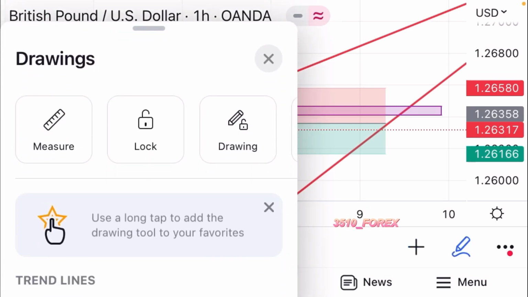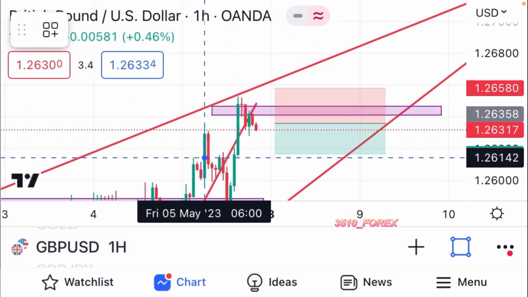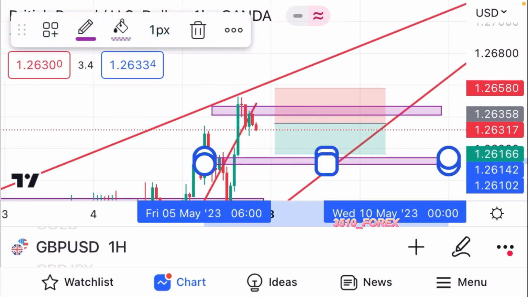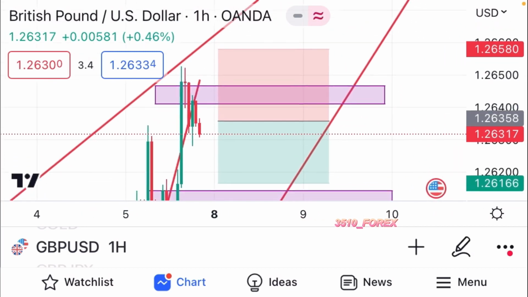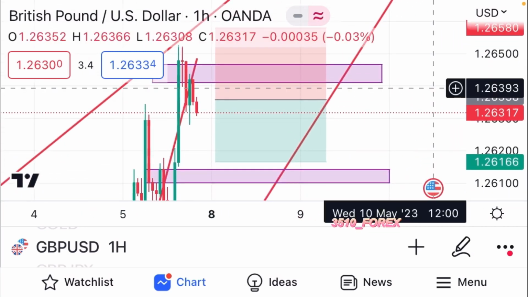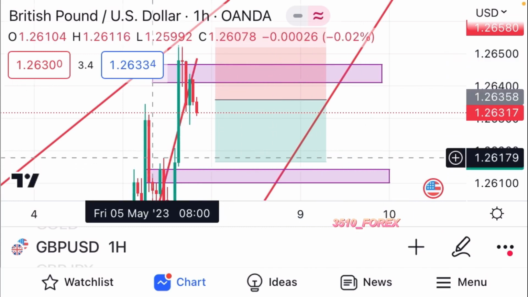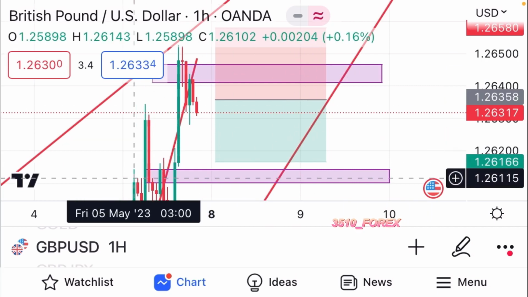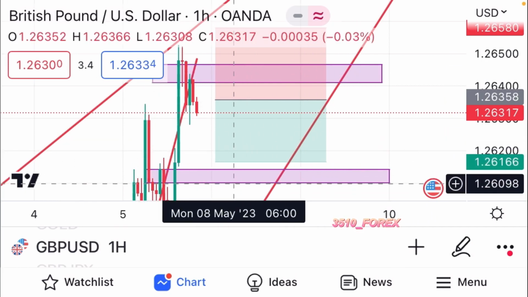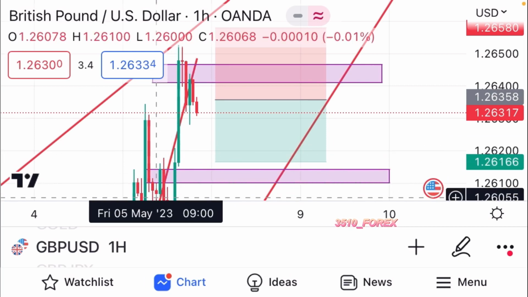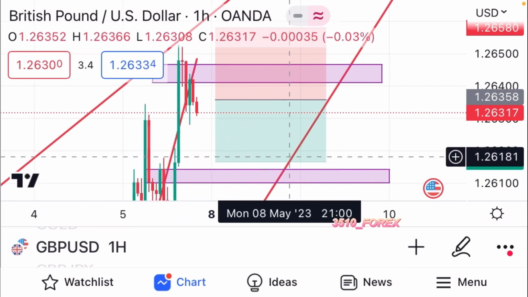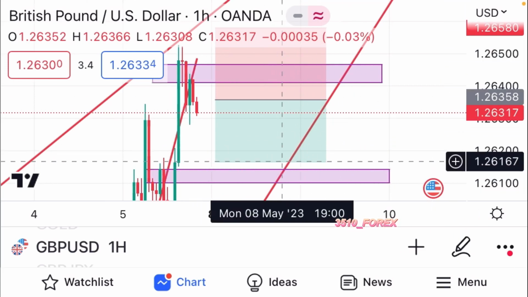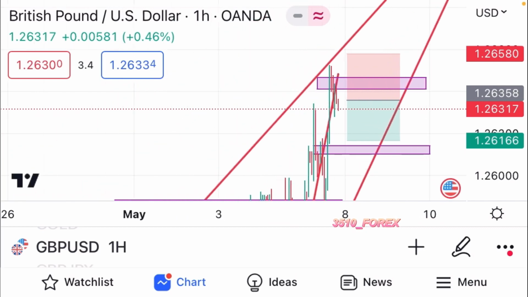Let me add, let me highlight like this. So I'm expecting it to not break this channel that is right here, this channel, this resistance, and this mini support here where the chart was having some pullbacks. So on this price, it won't be breaking this channel that is right here. So right now I have my setup for my